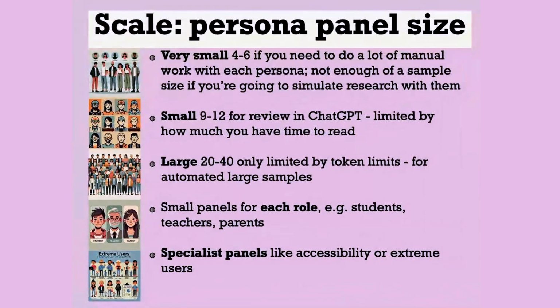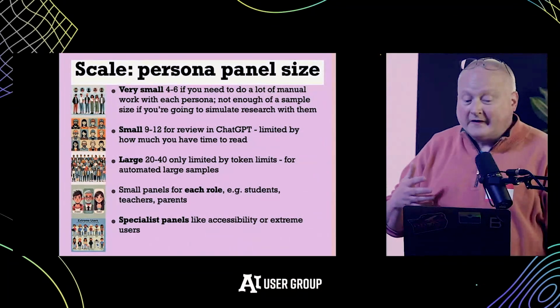So the next superpower is scale. Like I said, if you're doing it yourself, it's common to make 4 to 6 or 4 to 8 personas, and it gets unmanageable to do more today without AI. With AI, if you want to focus on a small number of people so you can concentrate on exactly what those personas are about, you can do that. So you have an option to stay at that typical scale. But then I have other levels.